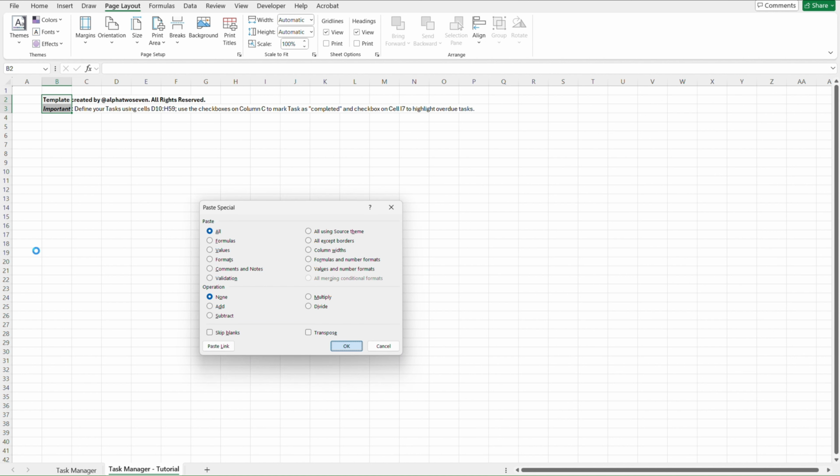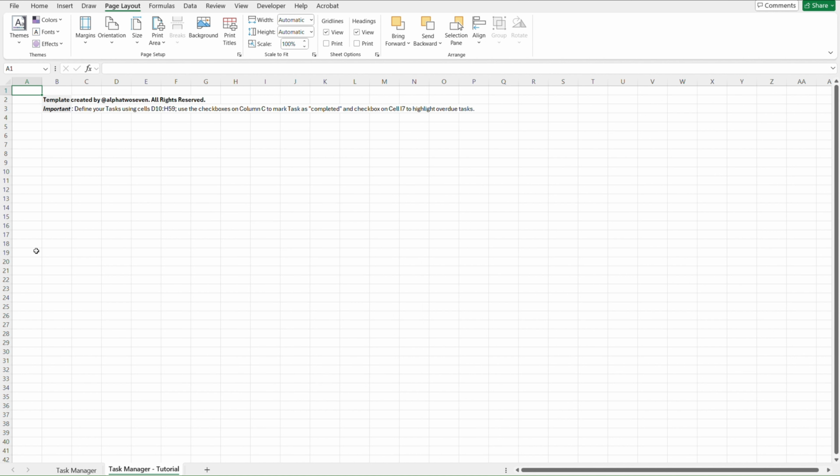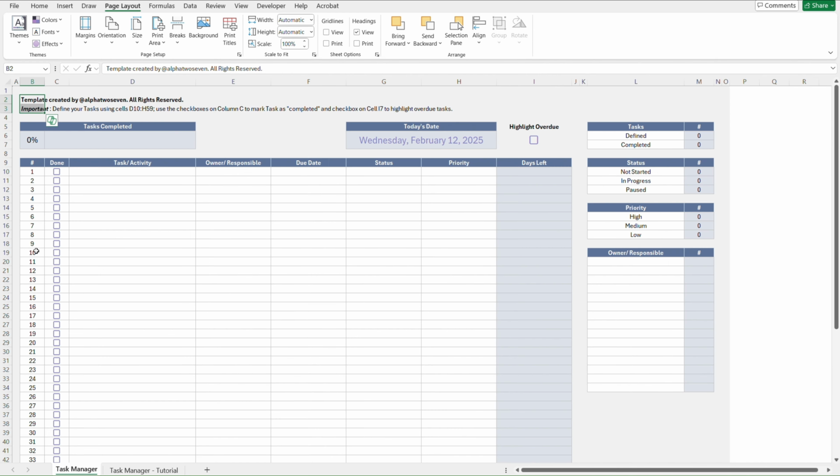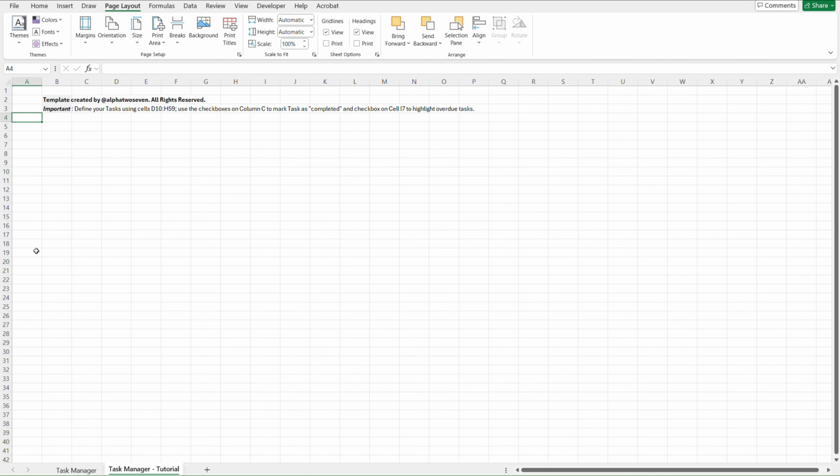Actually, I'm going to copy all, and that's it. Perfect. All right, so let's start then with the task table layout. First thing, I'm going to copy these as values, so it's effectively as if I had manually entered these values